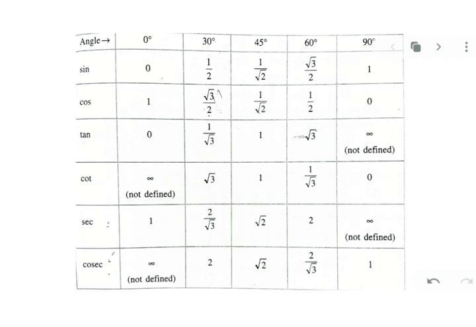In that, first we have to study the different trigonometrical ratios, which we have already done in chapter 22. But that was related to the six ratios, and this time also six ratios, but with different standard angles. There is a table in your book which is given to you, that sine 0 value is always 0.